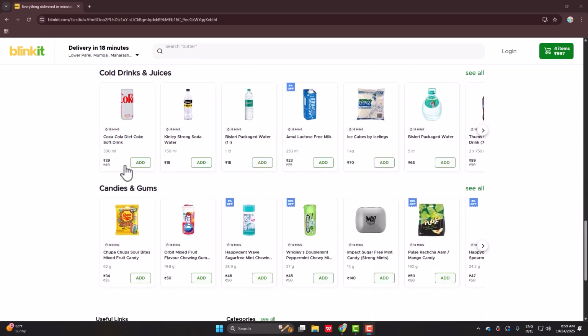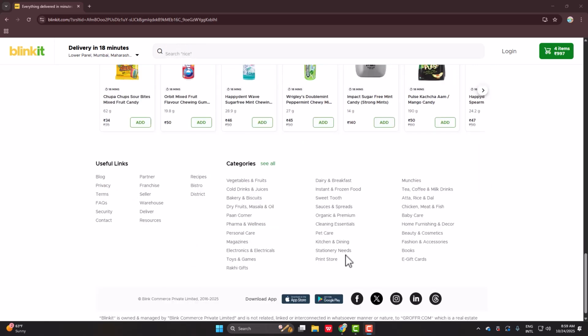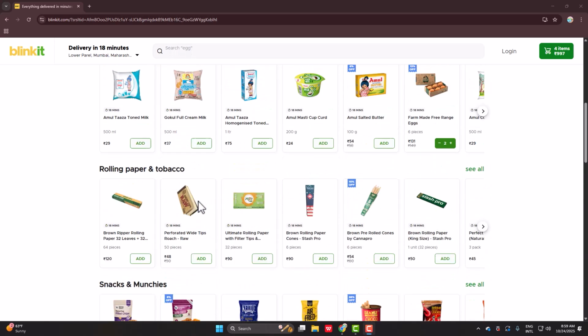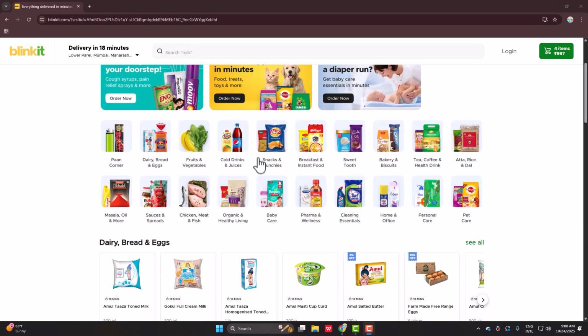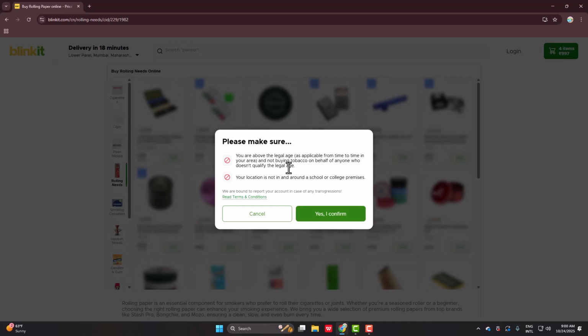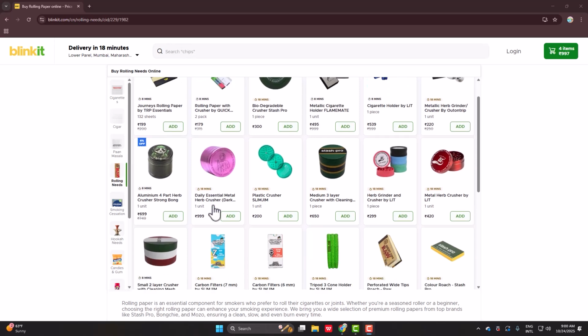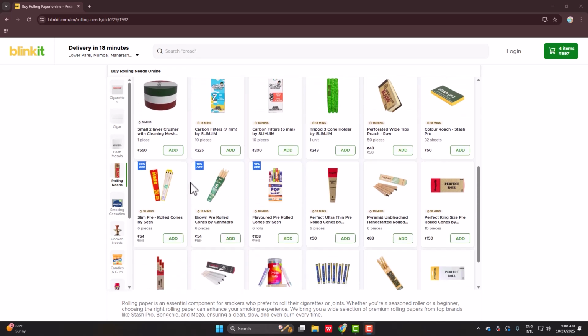If you just scroll down, as you can see, along with their categories, you can also choose from categories right over here, or you could also go up here and choose from the categories right over here. So for example, if you want something from the pan corner, you can click on that. It says you are above legal age, your location is not around a school or these premises. So as you can see, when I open that, it's just going to show me